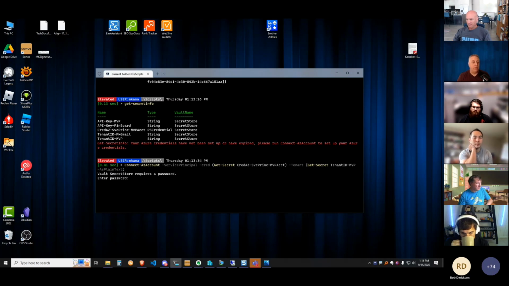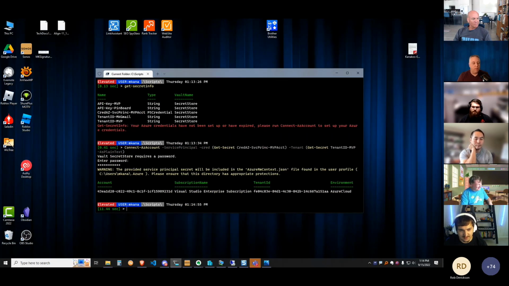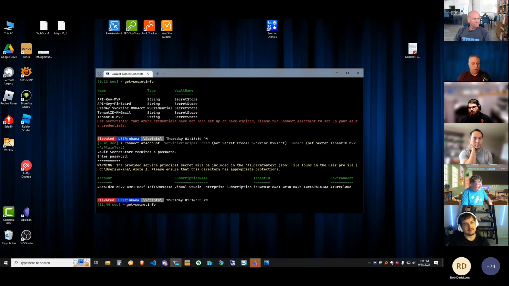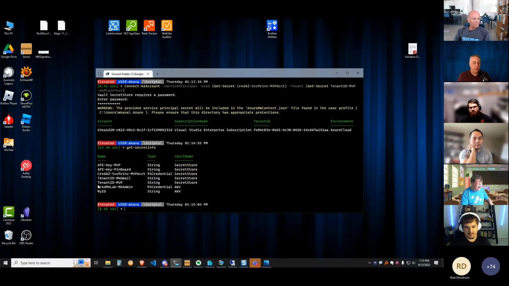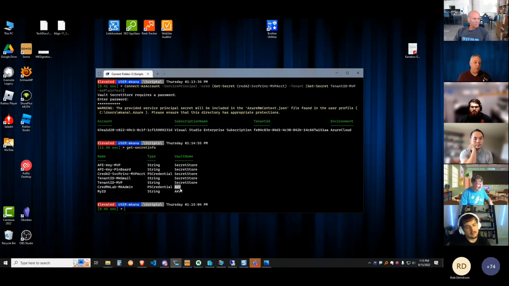And so I haven't interacted with my vault in a long time, more than 15 minutes. So it's asking me to put in my master password for my vault. And so I do that. And now it's gone and has extracted the information from the vault, passed it up to Azure, and made a connection. And so now when I go back and I look at the vaults that I have here, you see I have 2 extra secrets because now my secret management module can connect to this vault called AKV, which is the Azure Key Vault.